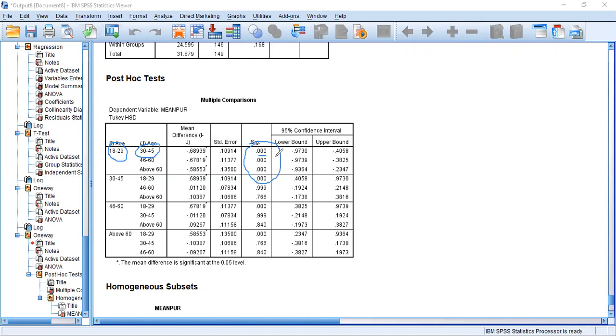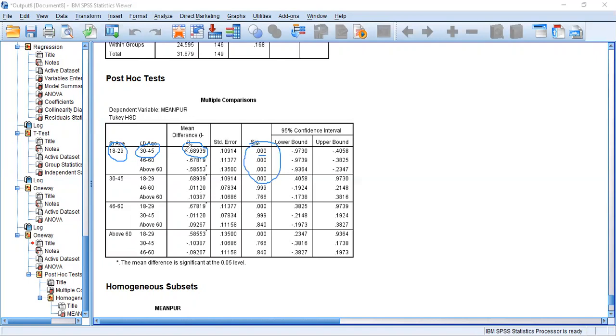Then who has the highest purchase intention and who has less? According to this value, you can make sure that the people in the age range between 30 to 45 have higher purchase intention than people aged between 18 to 29.